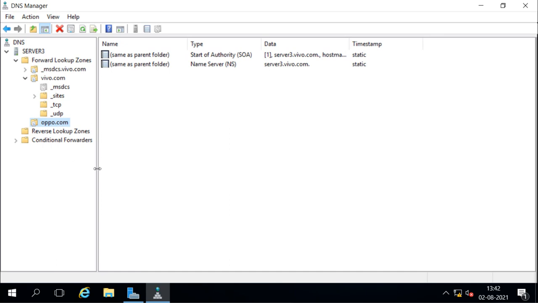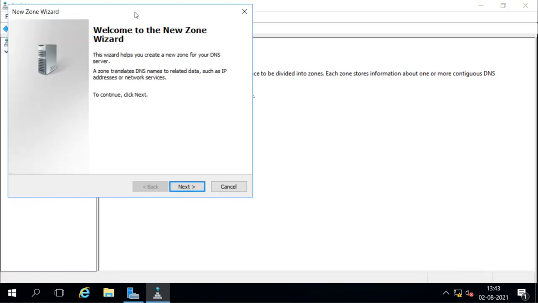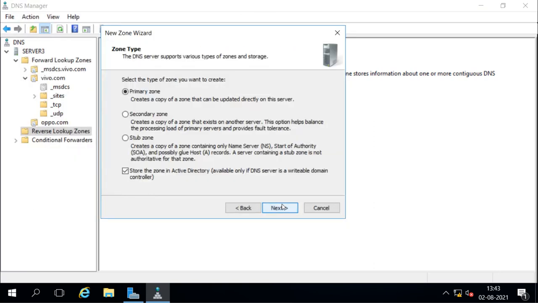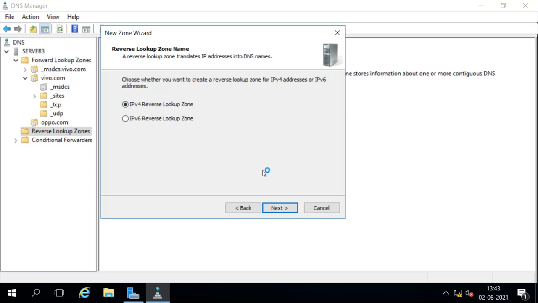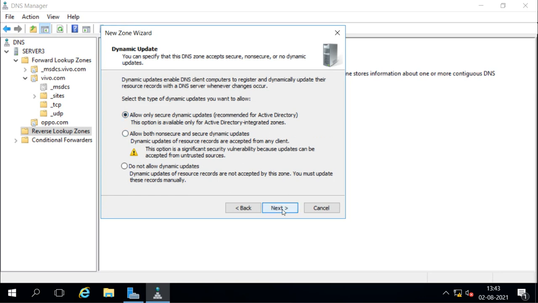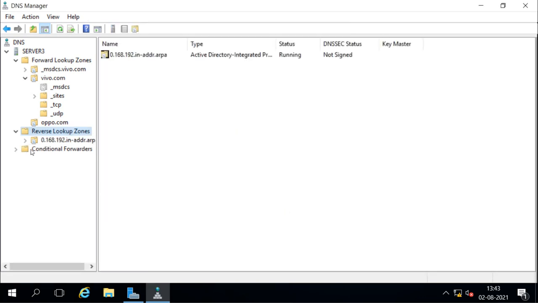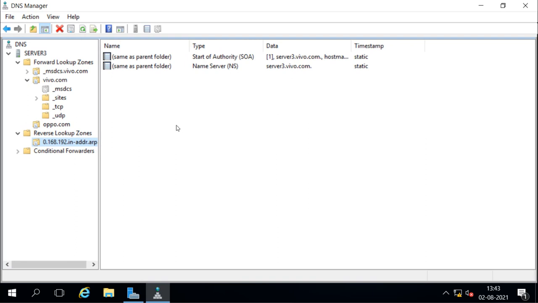And for Active Directory you don't require a reverse zone, but if you want, then you can create it manually, and that zone can also be created as an Active Directory integrated primary zone, and this is going to replicate to the domain. Reverse zone for IPv4, and then you will mention the IP network for it, only the network ID, and then you can select to allow dynamic update, and then you can finish. So this is also a reverse zone which resolves the name from IP to the domain name, and it is also an Active Directory integrated zone.